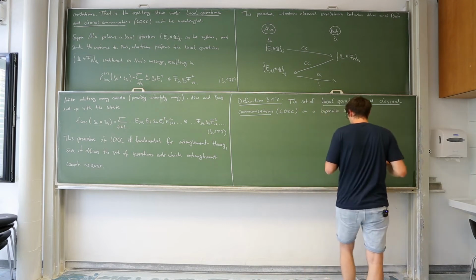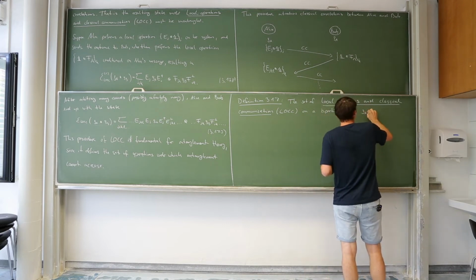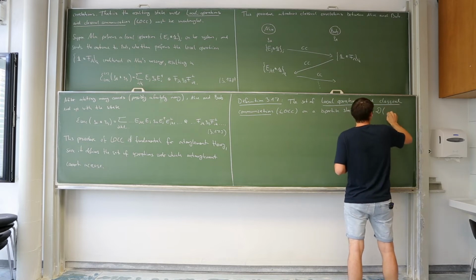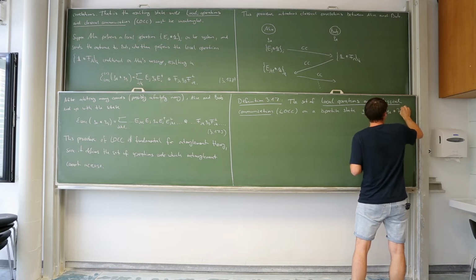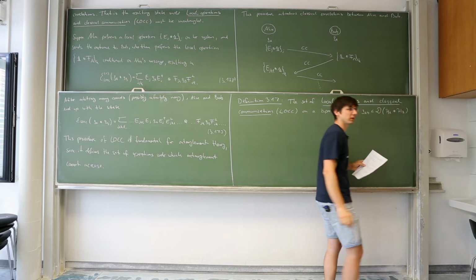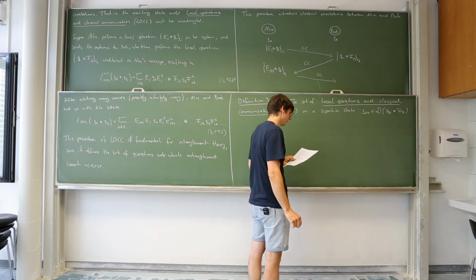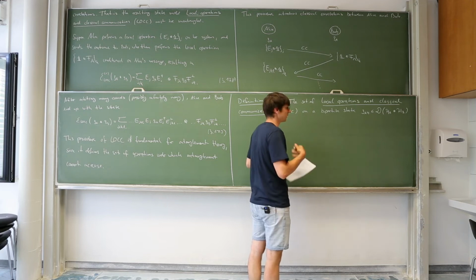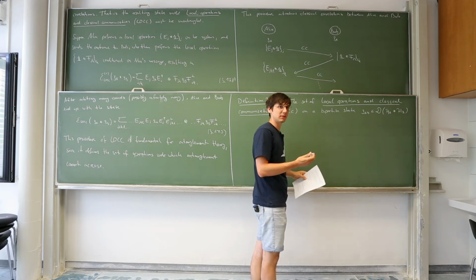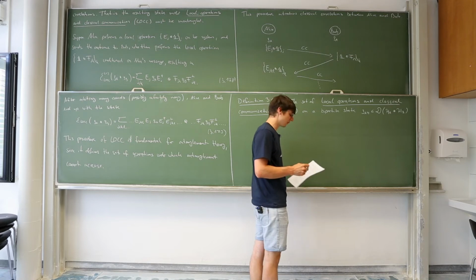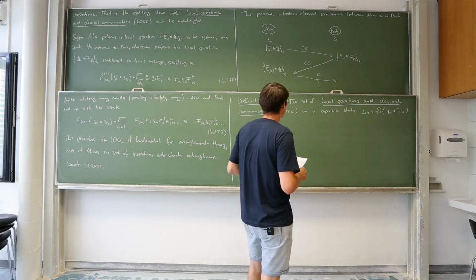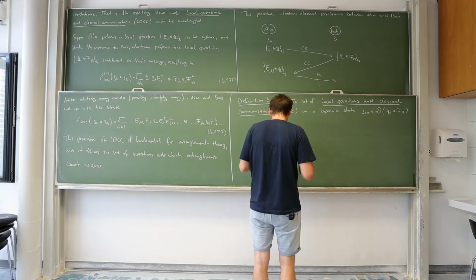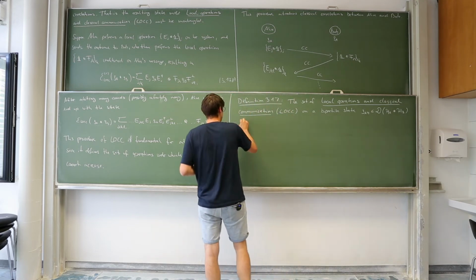So we are defining it here for a bipartite state. However, it can be defined similarly for a multipartite state, but we simply restrict here to bipartite states for the reason of time. But once you understood this for bipartite states, it's easy to generalize this. So we have that the set of local operations and classical communication on the bipartite state rho is defined